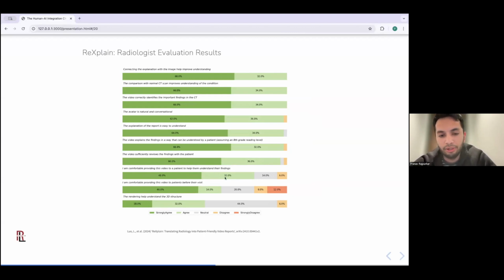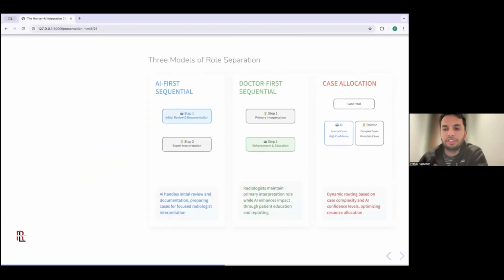And so this number is at around 70%, which was initially at 15% when we started out this project. And so it's something that we've continued to iterate on towards a world in which we can directly provide these to patients as part of existing workflows.